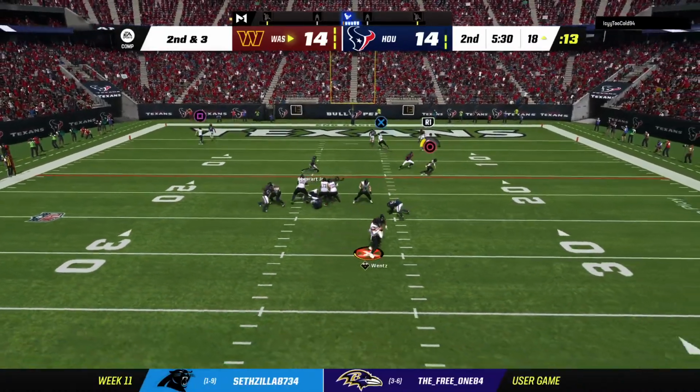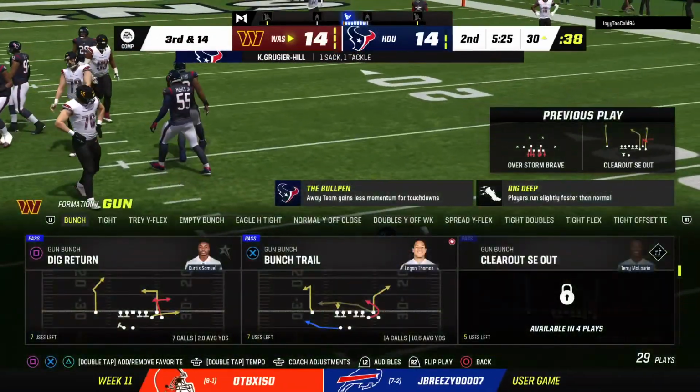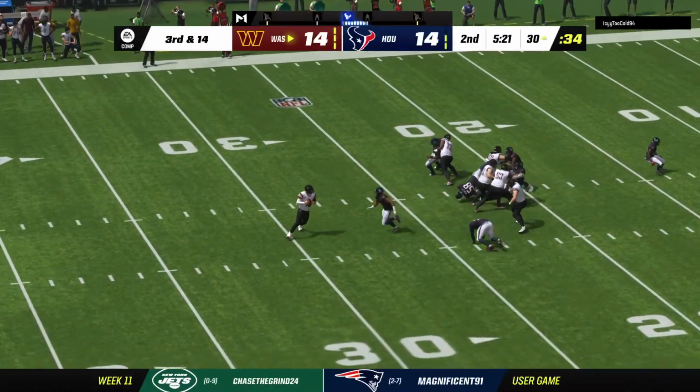Now Wentz. And he's going to go down. They sack him back right around the 30. He couldn't get away. He'll wind up losing a dozen yards. A 12-yard loss, and it brings up